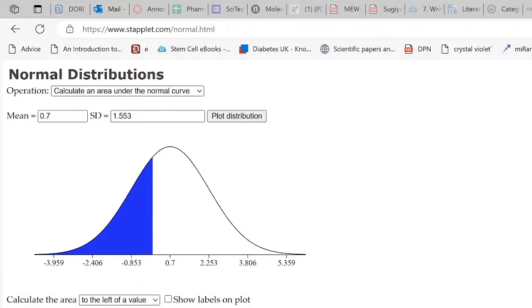All right. A sampling distribution of a sample variance. Probability theory tells us that when random samples of size n are taken from a normal distribution with variance sigma squared, the sampling distribution of the statistic (n minus 1) times the sample variance, divided by the population variance, will have a chi-squared distribution with n minus 1 degrees of freedom. So this one I'm going to show you on Statlet.